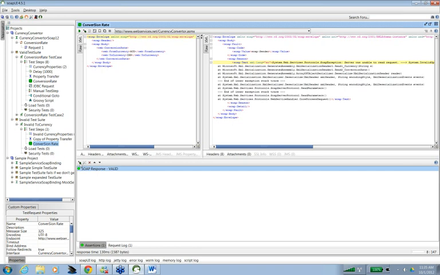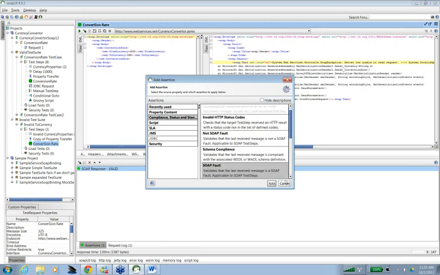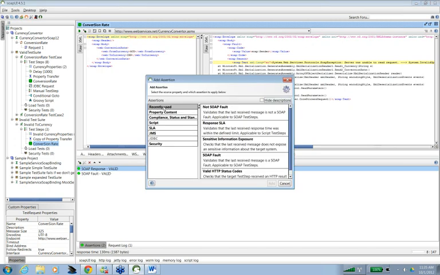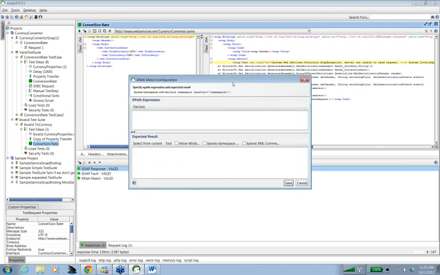Then we can add a few more. Now, because I am giving an invalid property, I want it to be a SOAP fault. So I would be adding the assertion that validates the SOAP fault. Yes, it's a SOAP fault. And what else? Let's say I want some XPath match.